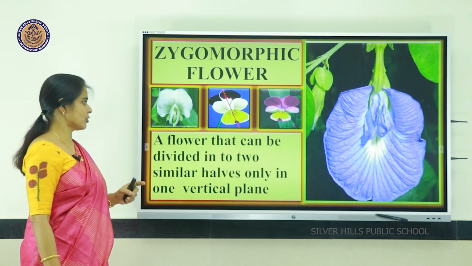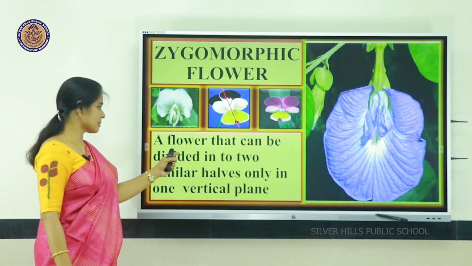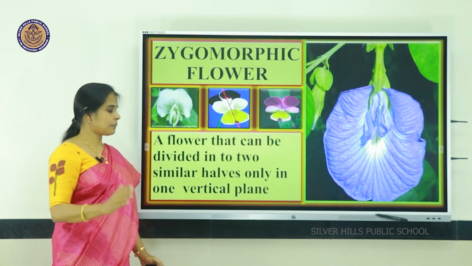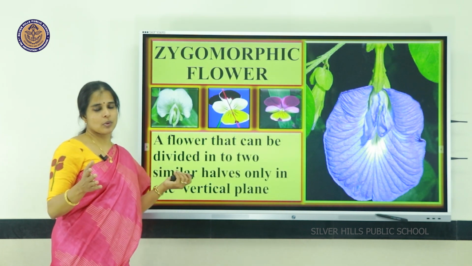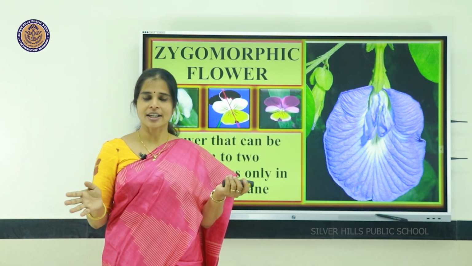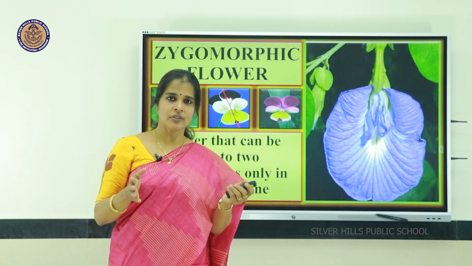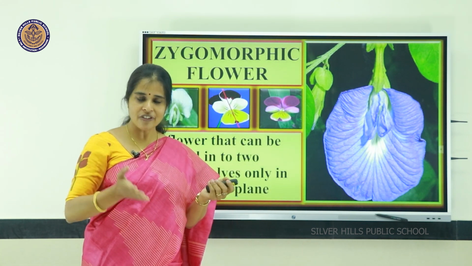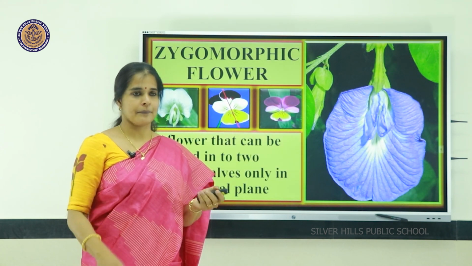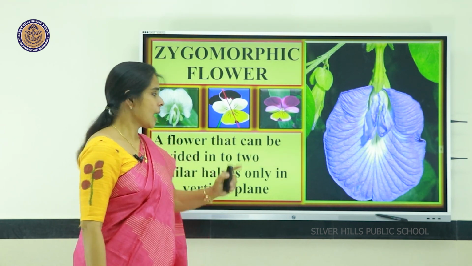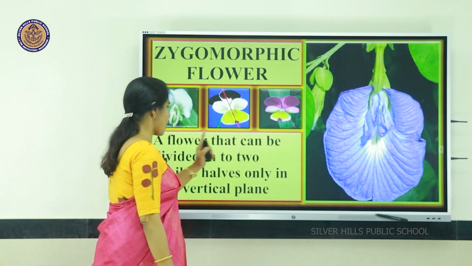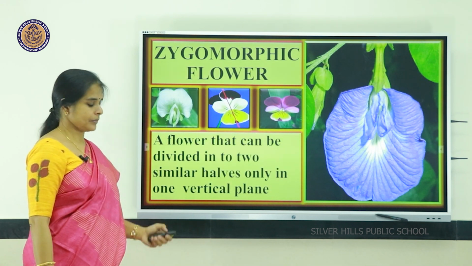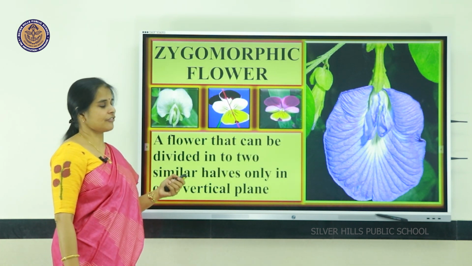So, a zygomorphic flower means a flower that can be divided into two similar halves only in one particular plane. So, there is a difference between actinomorphic and zygomorphic flowers. If a flower can be divided into two equal radial halves in any plane, it is known as actinomorphic, but if it can divide only in one single plane, it is known as zygomorphic. So, that is the symmetry of a flower. Next,